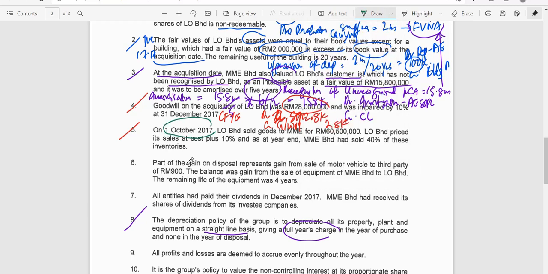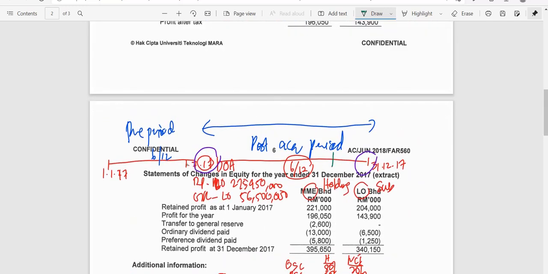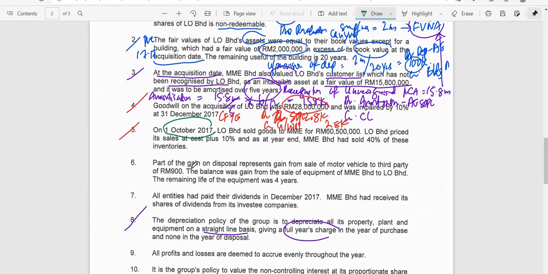Here it was on 1st of October. It was during the post acquisition period. So it is somewhere here, 1st of October, during the post acquisition period. So this is an intercompany transaction, since on that date the parent-subsidiary relationship has existed, right? So therefore, that is who is the seller. Here the seller is the subsidiary, so this is an upstream sale, and the goods sold have to be eliminated,